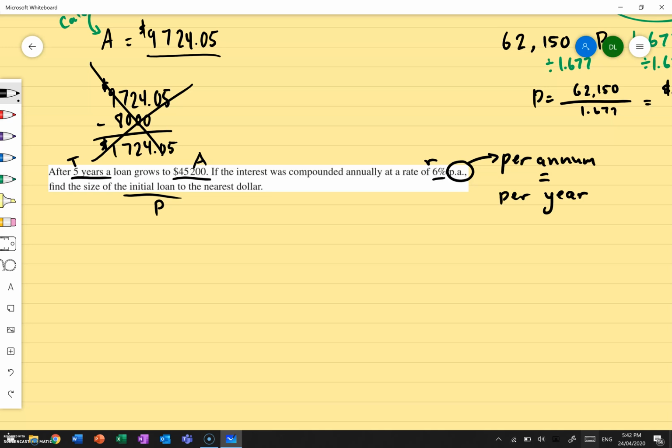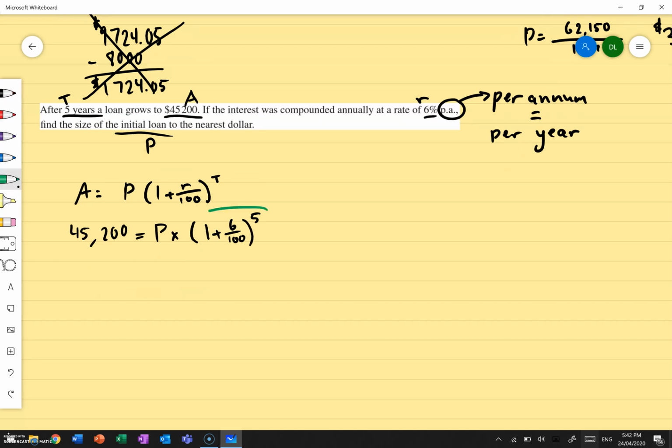So then I can go ahead and use the formula, which is A equals P times 1 plus R over 100 to the power of T. Substitute A, so 45,200 equals P, which I don't know, so I just write P, times 1 plus R, which is 6, divided by 100 to the power of T, which is 5. And then I put this part in the calculator, and I get 1.06 to the power of 5, which gives me 1.338. So I can divide both sides by 1.338,